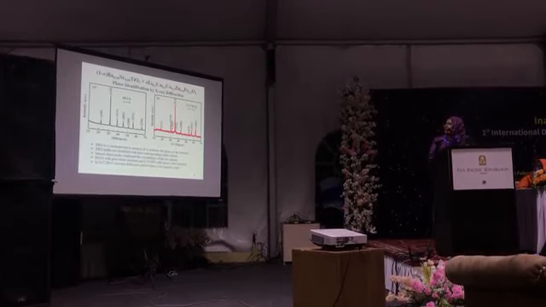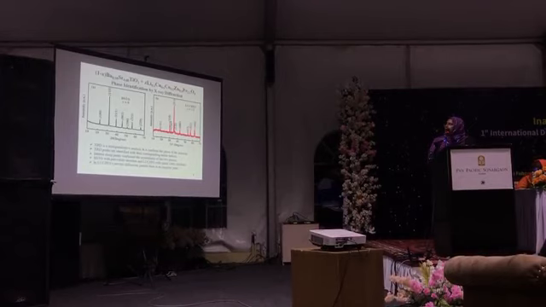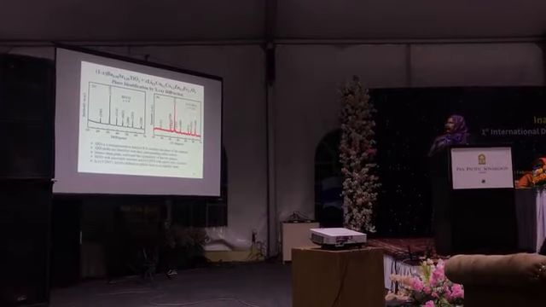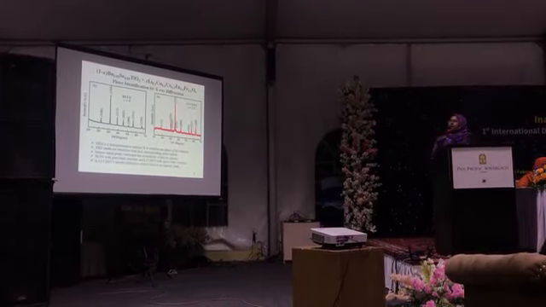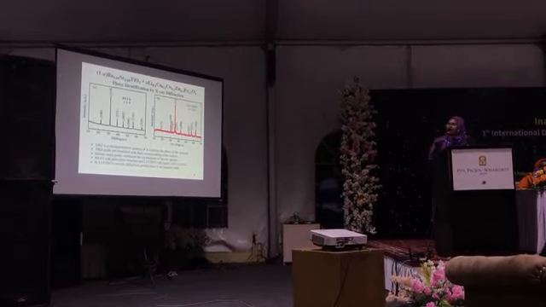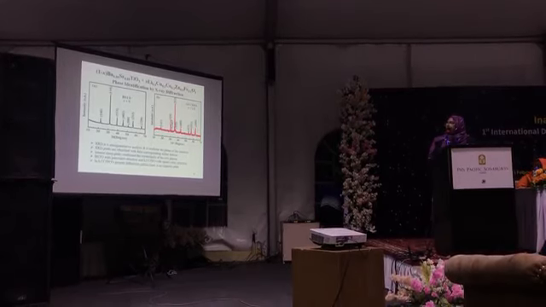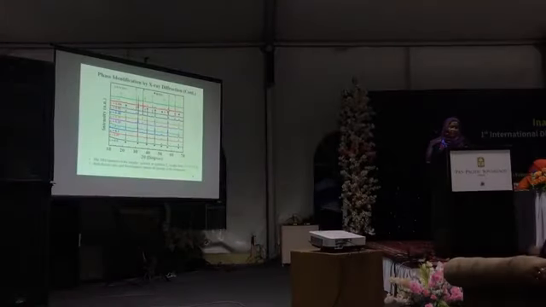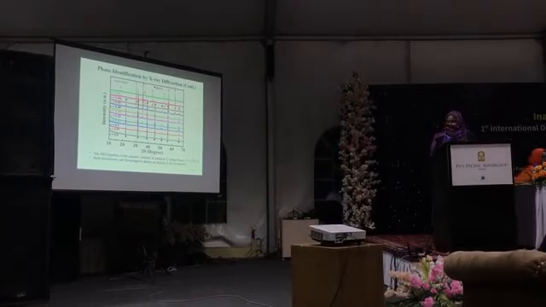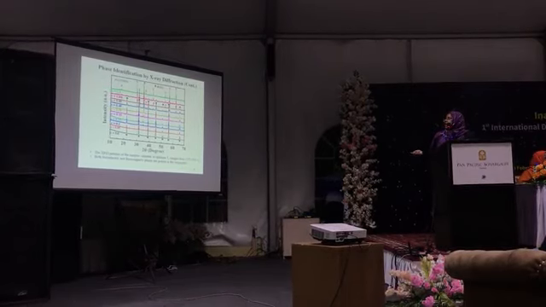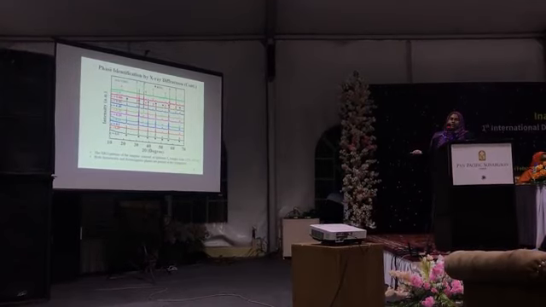And here is the X-ray diffraction pattern, and from the pattern we find out the phase purity and the phase formation of the material. From the X-ray diffraction pattern, we can see that our ferromagnetic part is the Fd3m phase, and our ferroelectric phase has the P4mm structure. This is the phase identification by X-ray diffraction, and from the figure we can see that both the ferrite phase and the ferroelectric phase coexist in the composite, and so we can confirm the presence of both phases in a single material.